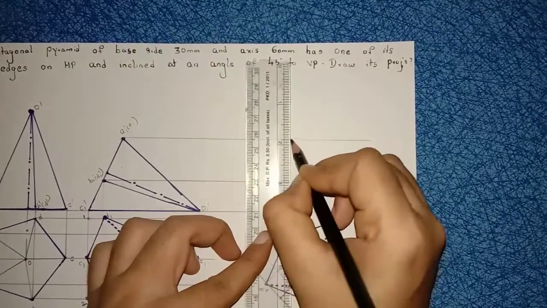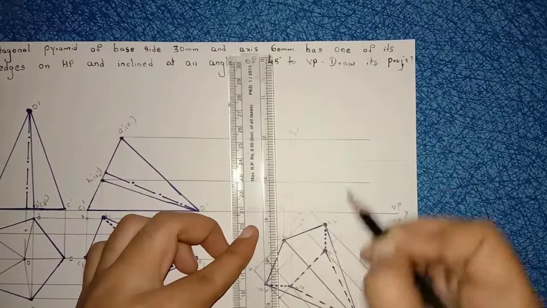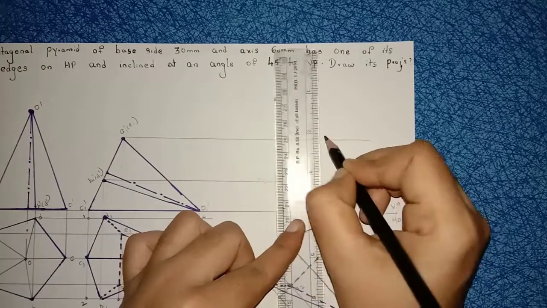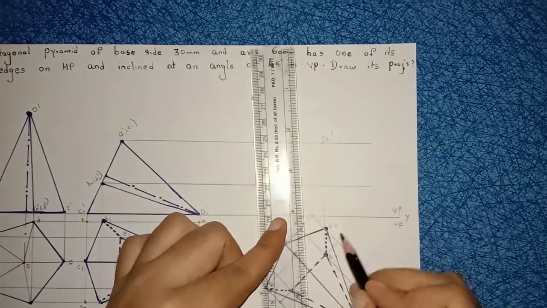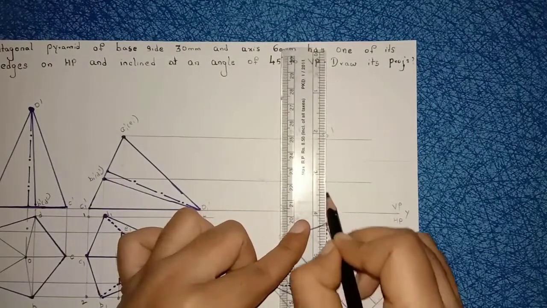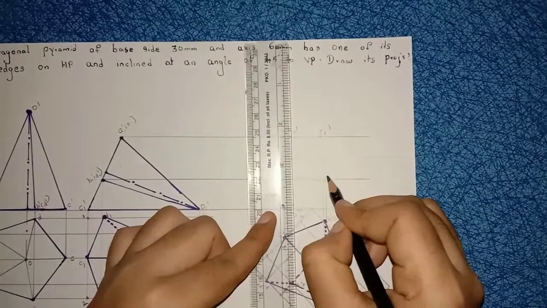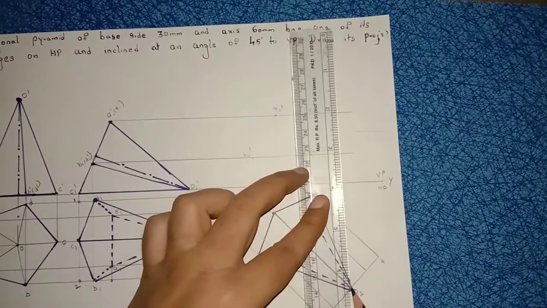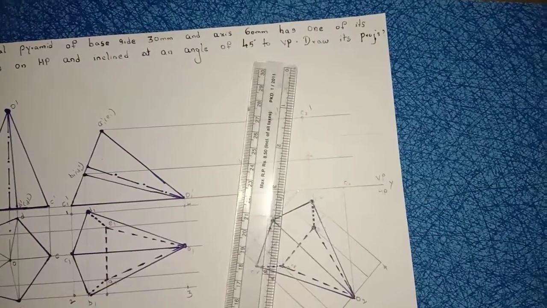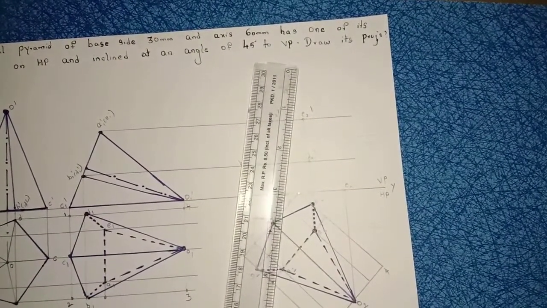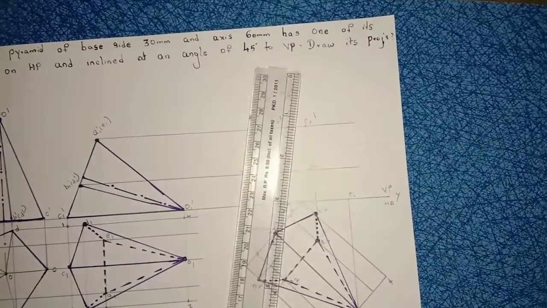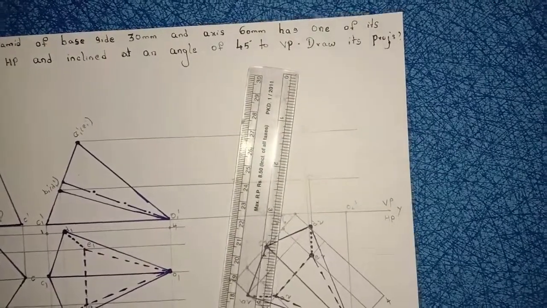From A to A, naming it as A2 dash. Then next E. From E to E, I am naming it as E2 dash. From D to D, I am naming this point as here D2 dash. From O point also, from O to O point, name it as here O2 dash. Right. Now if you join here A, B, C, D, E, you will get the shape of the pentagon.